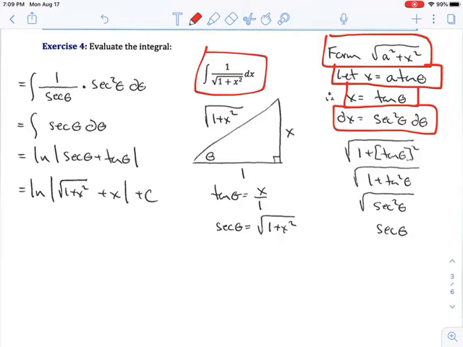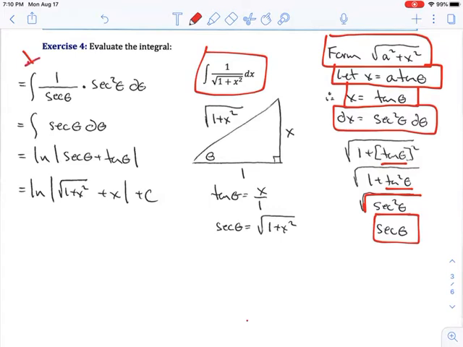So we substitute in tangent theta for x. We square it. We know that 1 plus tangent squared is secant squared. And now we can take the square root of secant squared, and we end up with secant theta. So the idea here is the same thing that we were doing in the last video. Then we go over here,